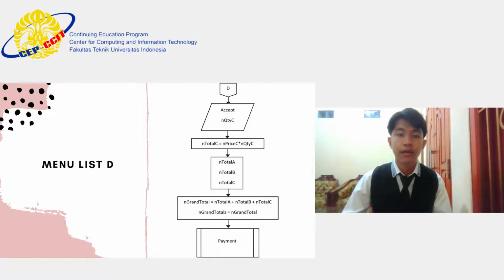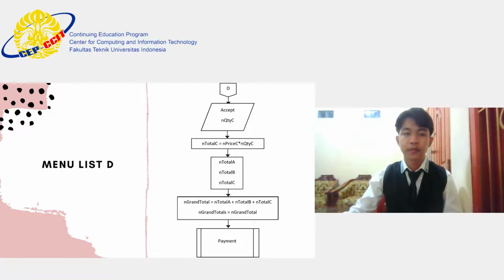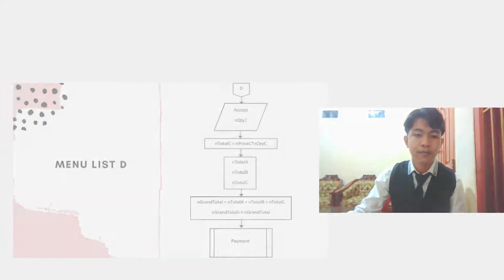the everyone already the process is n total A and total B and n total C, and then the n total A and total B and total C, you can must put together the n total grand total. This the plus A, B, and C, and then there is the n grand totals and you must the next payment procedure payment, and then if you